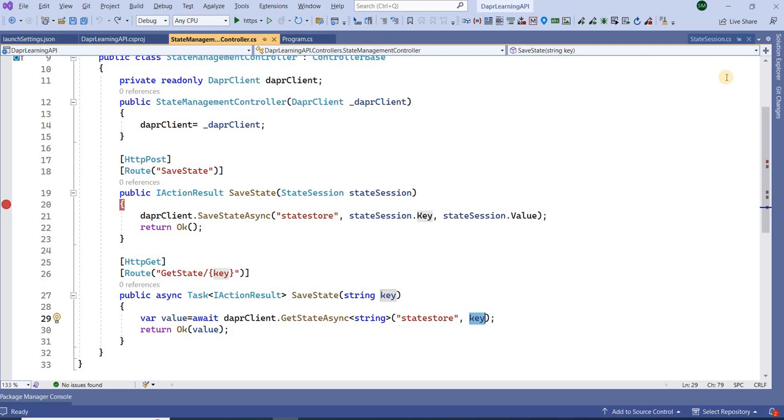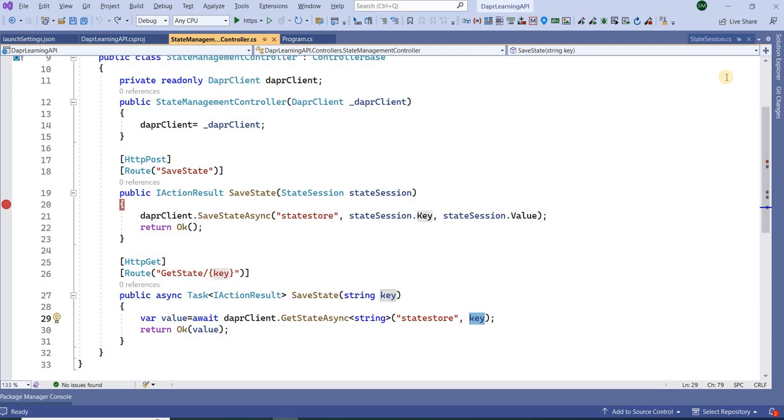Now what is the benefit of state management? In the case of web APIs, these are stateless, right? We could not manage the sessions. In that case, either we need to manage the session each time we are sending our data in the form of a payload inside the tokens, and then getting the token, and from the token we are getting the payload, right?